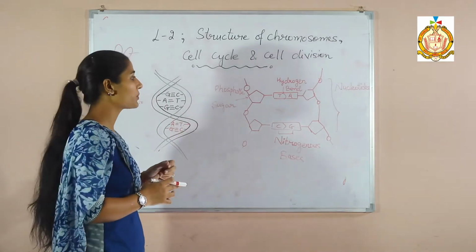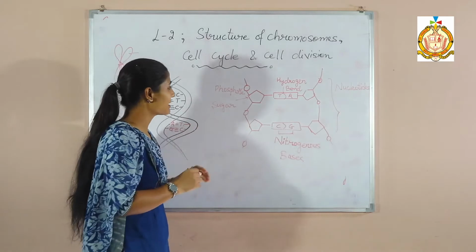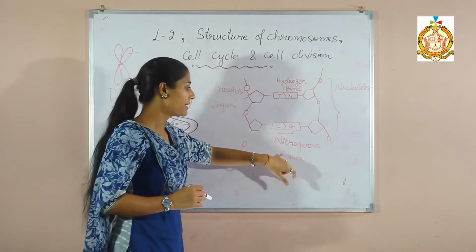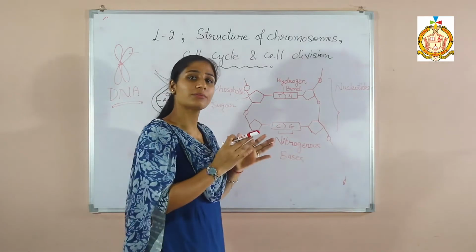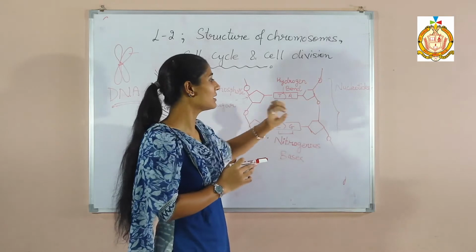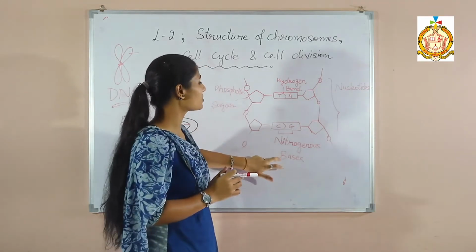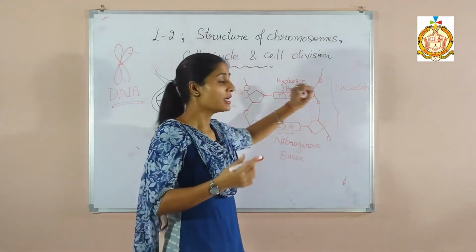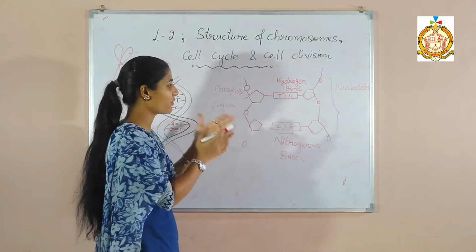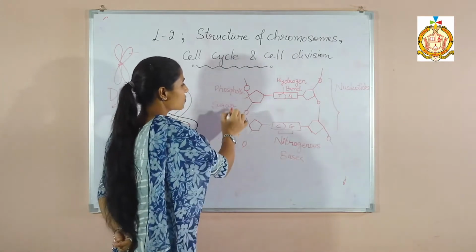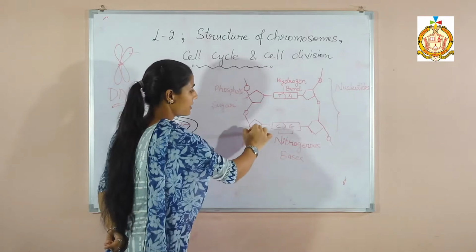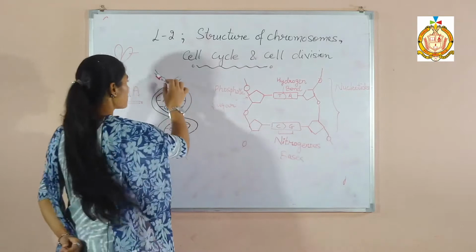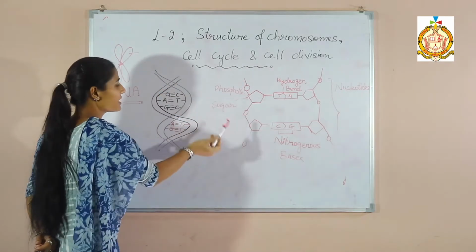Now I will tell you about this. Firstly, just listen: DNA is made up of three things: phosphate, sugar and nitrogenous bases. These three things join with each other and make the DNA, and the combination of these three things is known as a nucleotide. They are joined with each other, forming the DNA. Now phosphate and sugars are present on the side, making the strands of the DNA. So in the strands, which things are present?